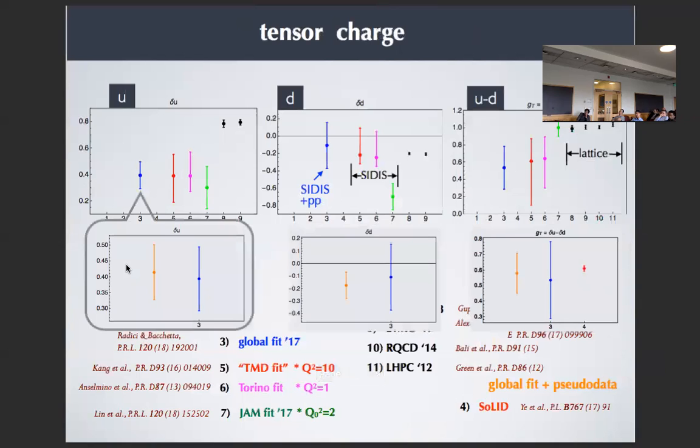And again, you can explain this by thinking that in the deuteron, because of isospin symmetry, the up and down quarks are weighted similarly, while in the proton case, again, the up quark weighs 8 times more than the down quark. So new data on the deuteron will affect more the down than the up quark. Okay, now